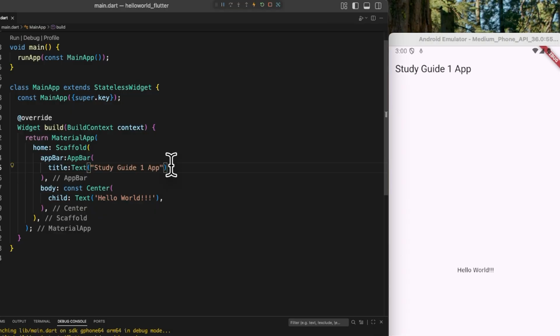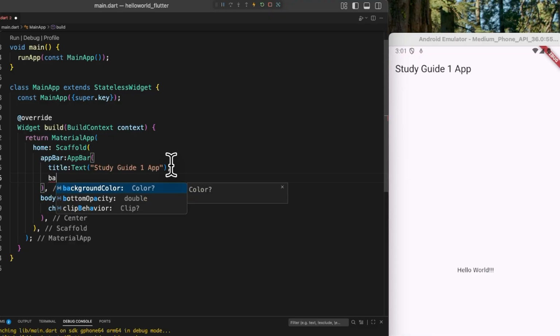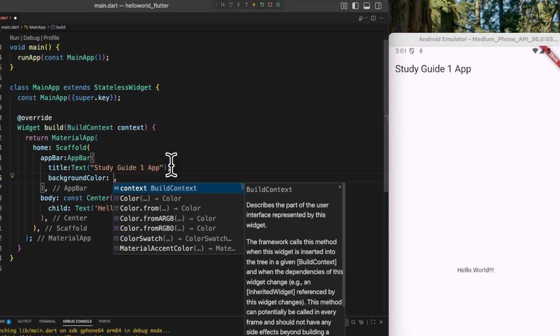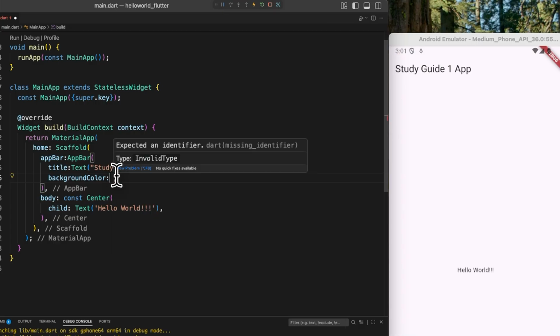Great. Generally, you'll want to put a comma after your widget, especially because you might want to put another property here as well. Let's try giving it a background color. I'm going to do background color colon. All right. Now, we can spend a lot of time going over themes, things like that. For now, we're going to say